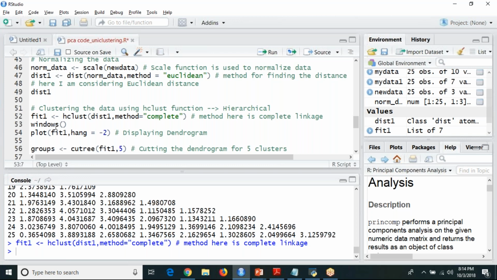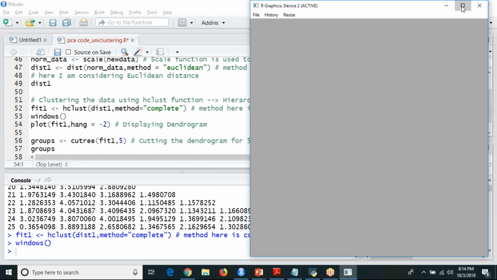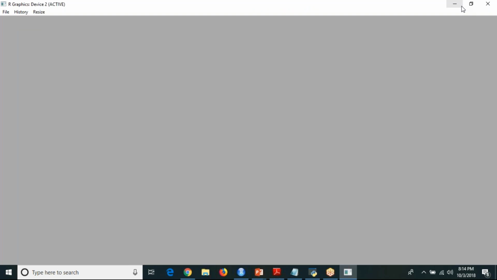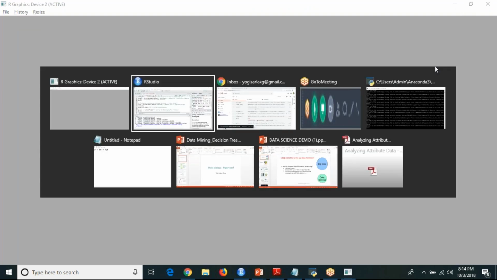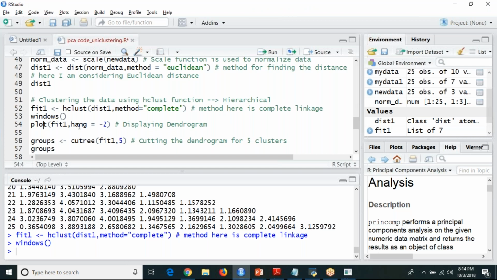Now I'm going to run this windows function. So this is your pop-up window. Here I'm going to plot my dendrogram. See, here I'm passing the output of your hierarchical clustering, that will give you the dendrogram. And this ang equal to -2, what does it do?